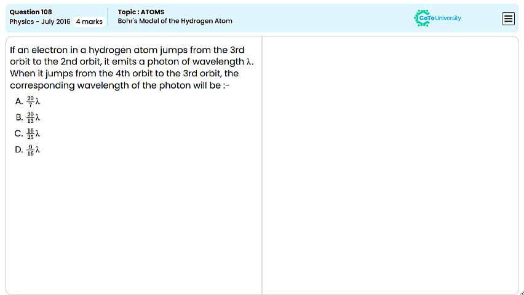The Rydberg formula relates the wavelength lambda of emitted photons to the initial and final energy levels Ni and Nf in a hydrogen atom, and it is written as 1 by lambda equals R into 1 by Nf square minus 1 by Ni square, where R is the Rydberg constant, Ni is the initial energy level, and Nf is the final